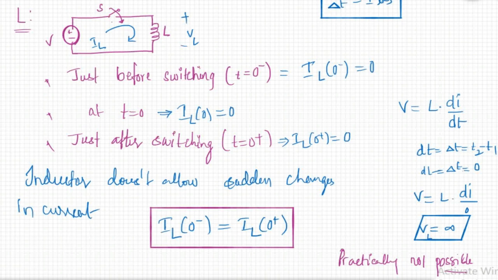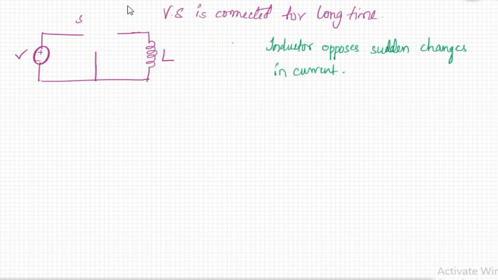Now let us assume inductor is connected for a long time in the circuit, so the transient will die out, and there is a constant current flowing through the inductor. Now we are going to disconnect the circuit and see the behavior of the inductor. So here this is a switch, switch S. So let me connect this switch here.